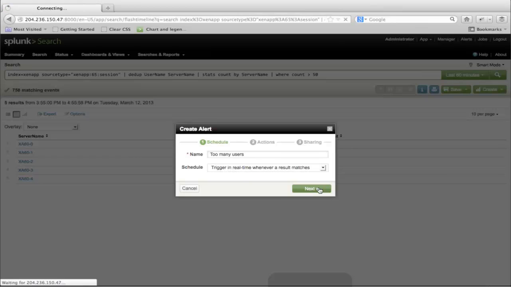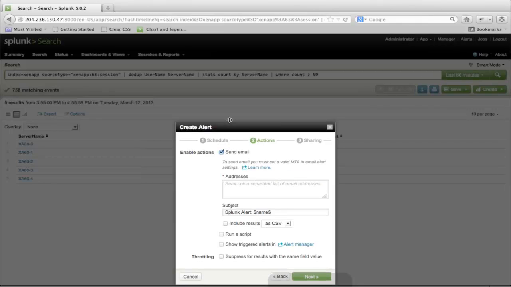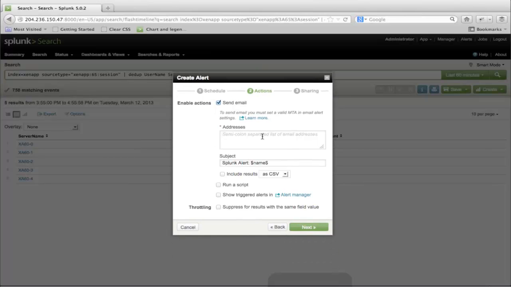And then we have these actions that you can take on the alert. So, the very basic one: send me an email on this alert. So it says, all right, here's where to send it, the subject of that, and then if I want to include the result of the particular search, I can include it as an attachment as a CSV, include it inline in the email, or as a PDF.